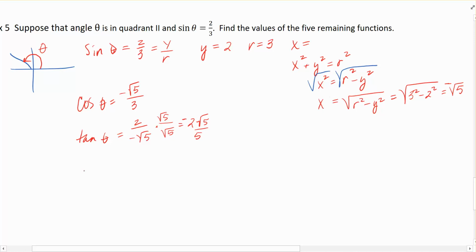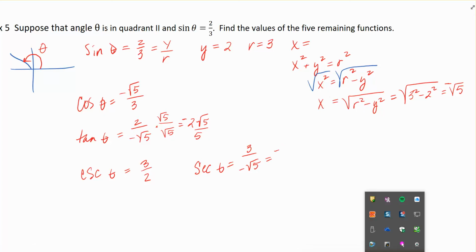Then we move on, and we have sine, so we're going to go with cosecant of theta. Cosecant of theta would be r over y, which would be 3/2. Secant of theta would be r over x, or 3 over negative square root of 5. When I rationalize the denominator here, I end up with negative 3